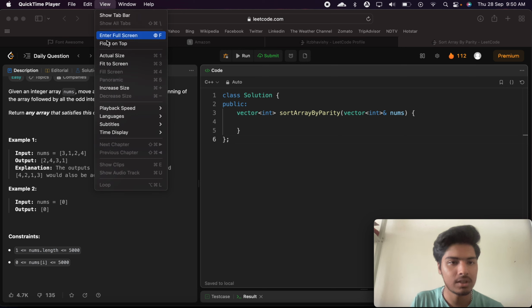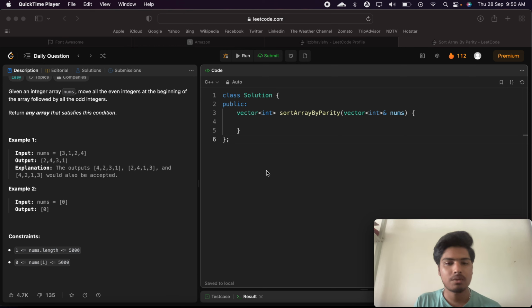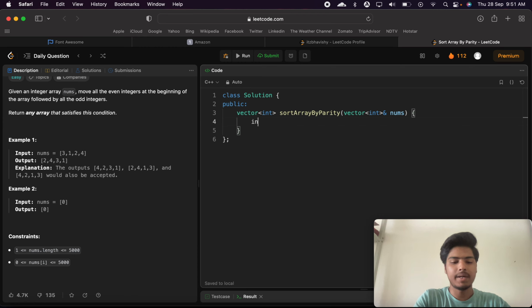So let's do this problem. The first approach that comes to our mind is we will take two pointers, left and right, and we will take a vector. If that number is even, then we will shift that number to the left part, and we will increase the pointer in the left part, and the same with the right part also. So let's do that. We'll take two pointers,